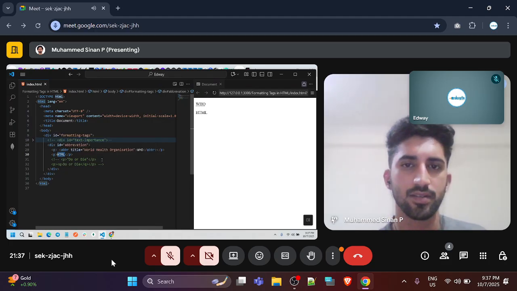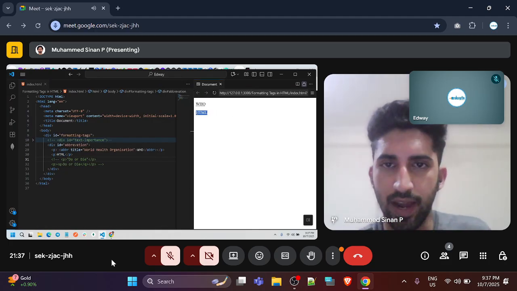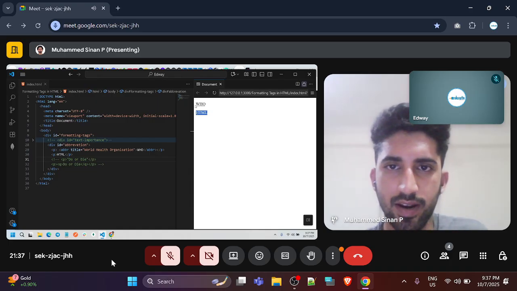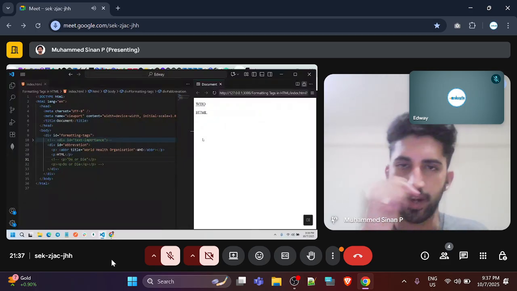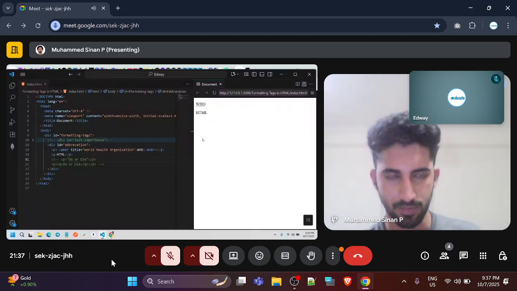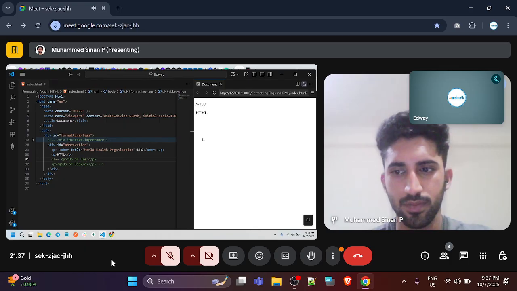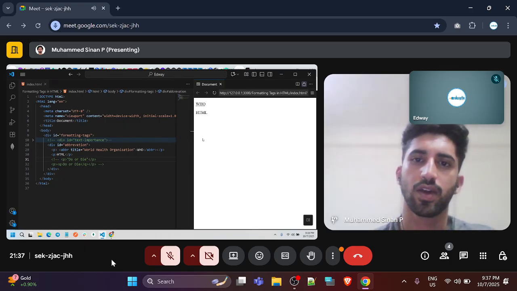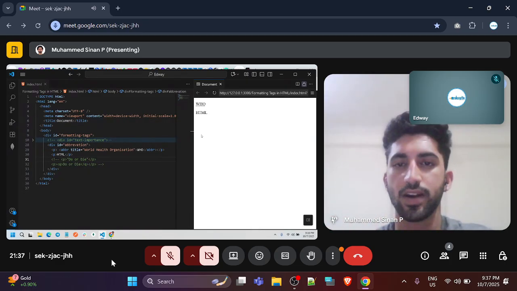What you are seeing is HTML without any highlighting, but you can see the dotted underline here for the WHO, right? So that's the one difference: you will get a highlight of dotted lines for the abbreviation.